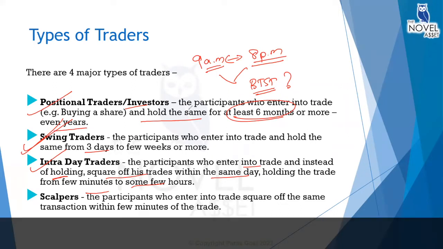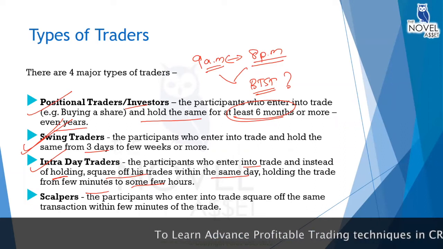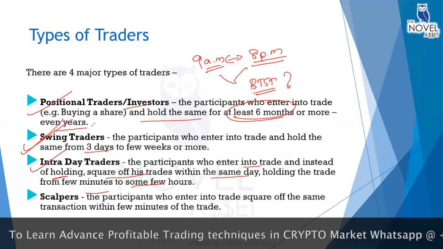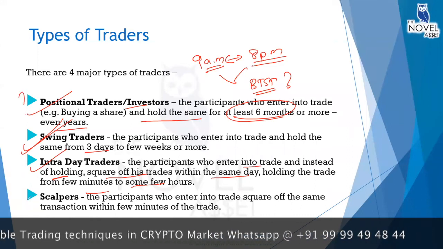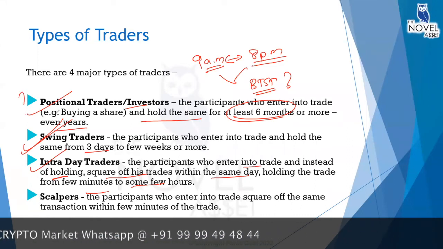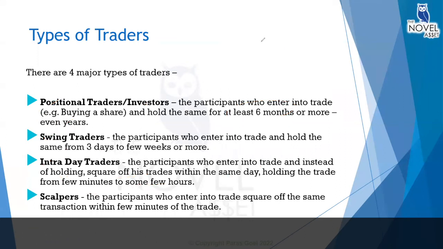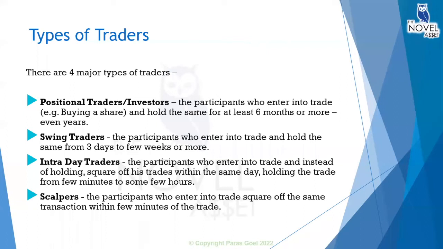Last time in the Bank Nifty internship, I gave the example of Zomato. What do you think, when people are investing in Zomato right now, are these investors swing traders, intraday traders, or scalpers? Can anyone guess which of the four classifications they belong to? Positional traders. Because Zomato is a very, very new company, nobody wants to take risk for a very short period. So they are buying and holding for at least 6 months or more, and they are known as positional traders. Similarly, when any new coin comes around, let's say there is an ICO for a new XYZ coin.